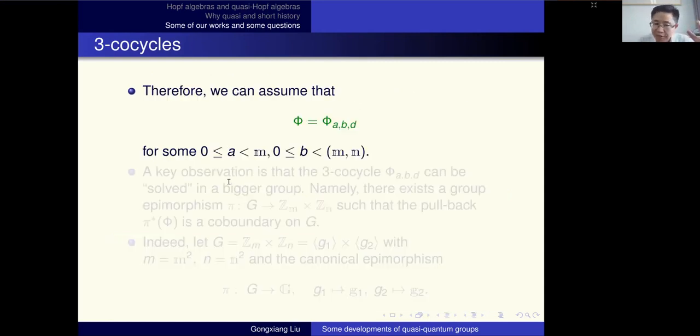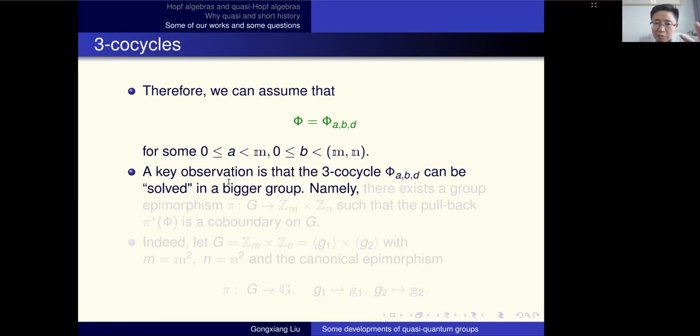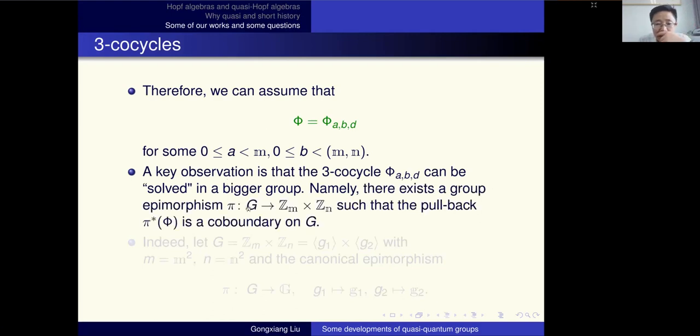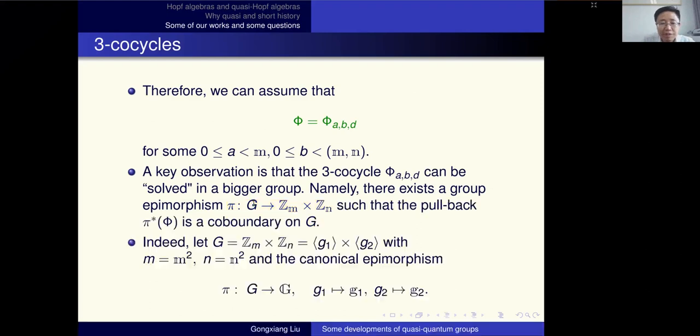And a key point is we can construct a big group, bigger than the original G. We can take a big group and form a surjective morphism. If you take this surjection, you can pull back the 3-cocycle from this group to this group. The point is, if you take this